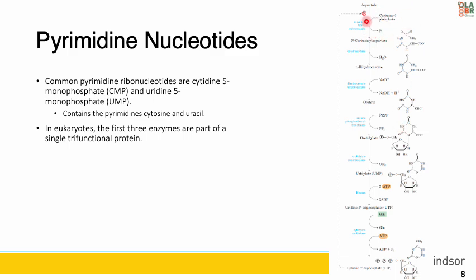So one thing we also want to note in this reaction is that we require carbamoyl phosphate right here, which is also an intermediate in the urea cycle. And in animals, the carbamoyl phosphate required in urea synthesis is made in the mitochondria by carbamoyl phosphate synthetase 1. However, the carbamoyl phosphate required in pyrimidine biosynthesis is made in the cytosol by a different form of the enzyme, which is carbamoyl phosphate synthetase 2.